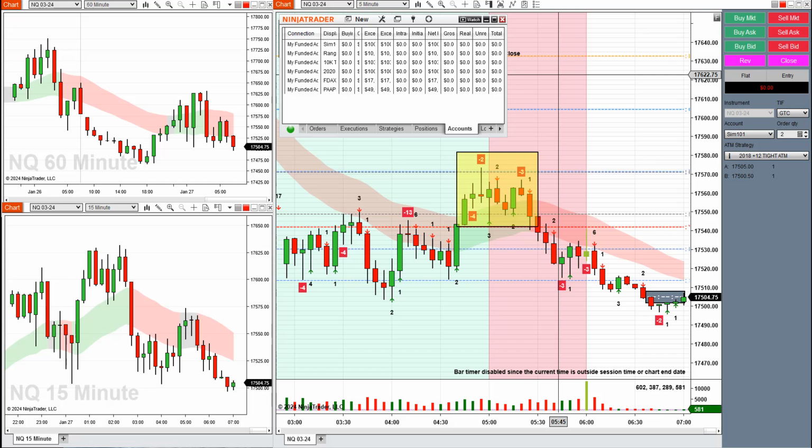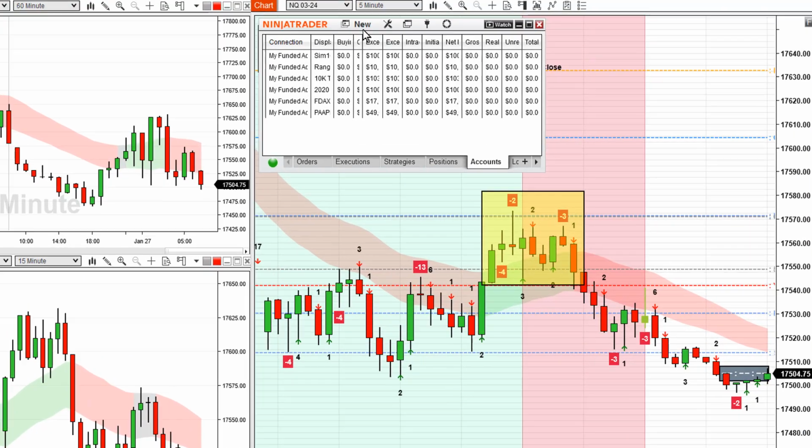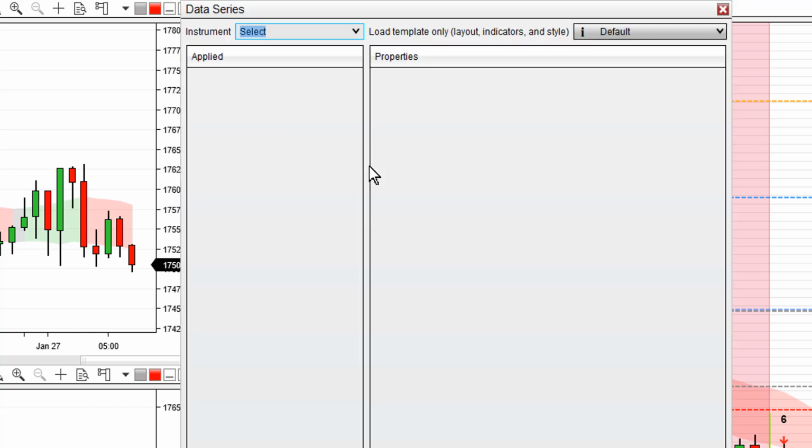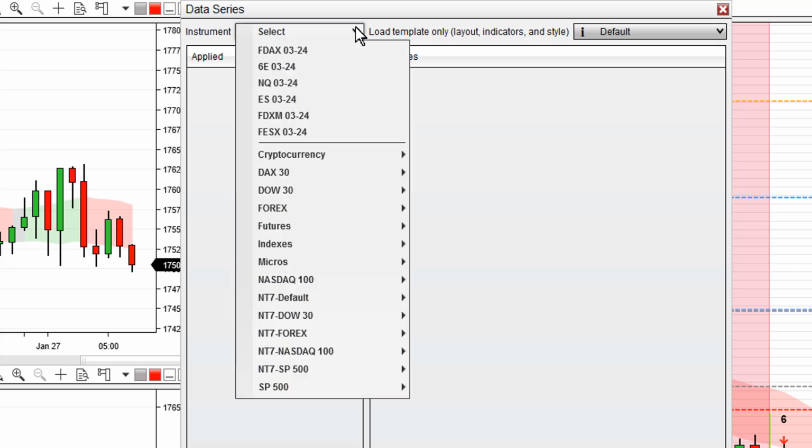In this video, we are going to be talking about how to create a new chart in the NinjaTrader platform. Now, it is a very simple process. In the previous video, we learned about how to add your desired instrument. All we want to do at this point in time to create a new chart is go to New, and then follow the drop down to Chart. Once we push on Chart, we'll have an opportunity to select the instrument or the market that we want to